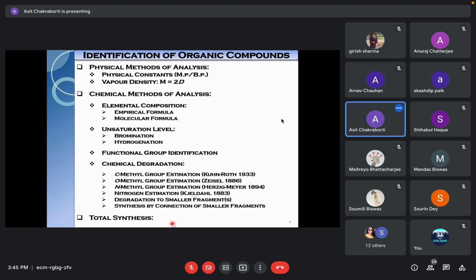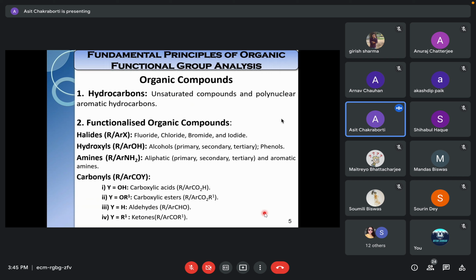You have done it, and you have to ensure it is the same compound by mixed melting point if it's a solid, or you can do the IR. It's the easiest way and a non-controversial way. You do not have to depend on anything else. And of course, then you have all the other methods, right? Now, so then what do you do when you look at the functional group?